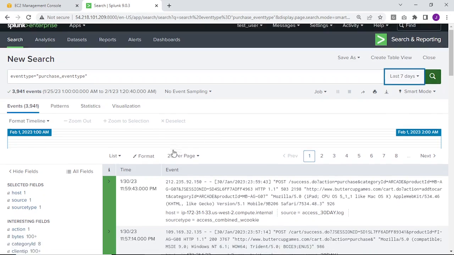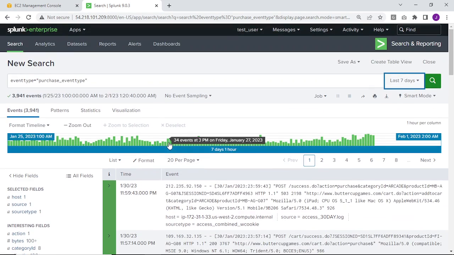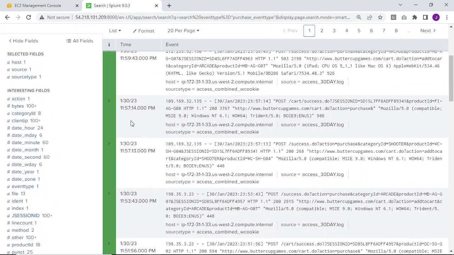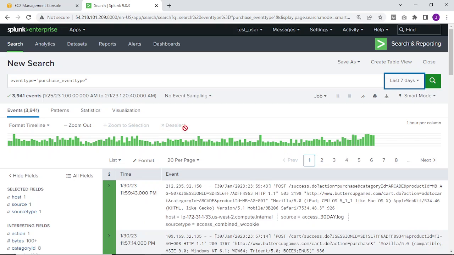And now see, this event type is accessible to this user and all the events under this event type are visible to this user. So let's go back to admin